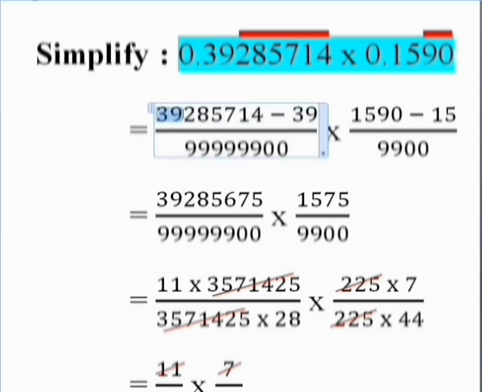Mixed recurring decimal 39285714, this number minus 39, the normal decimal number, 39, by 6 times 9 for recurring decimal 285714, beside 00 for the normal decimal number 39, into the mixed recurring decimal number 1590,